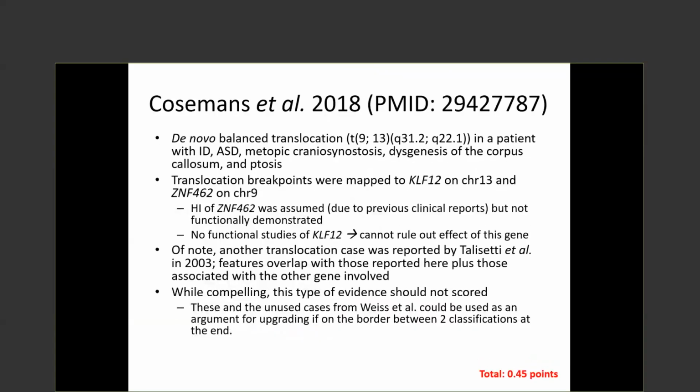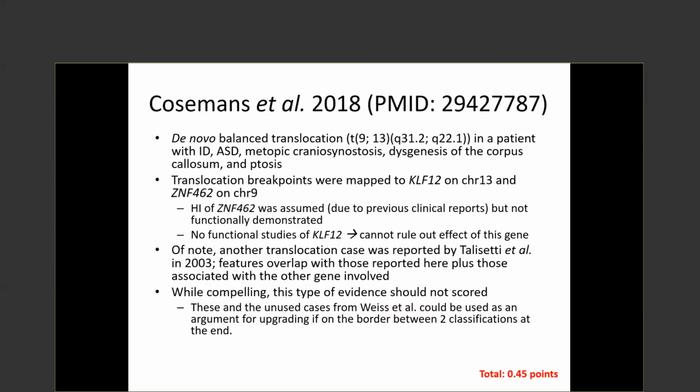Another paper was reported in 2018. This one talked about a de novo balanced translocation in a patient with intellectual disability, autism, metopic craniosynostosis and dysgenesis of the corpus callosum. The translocation breakpoints were mapped to KLF12 on chromosome 13 and our gene ZNF462 on chromosome 9. The authors assumed that haploinsufficiency of ZNF462 was causing the phenotype because of the previous clinical report, but they didn't